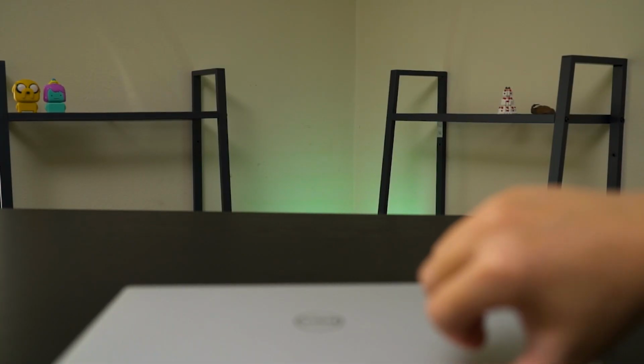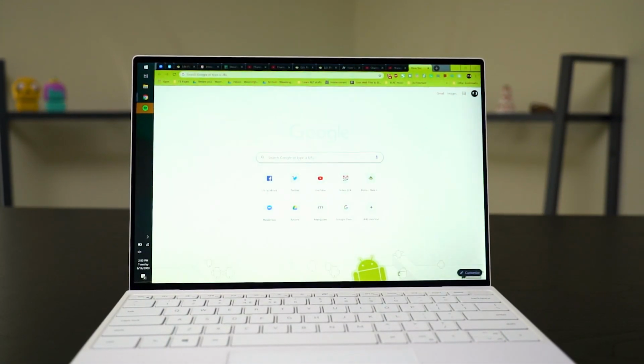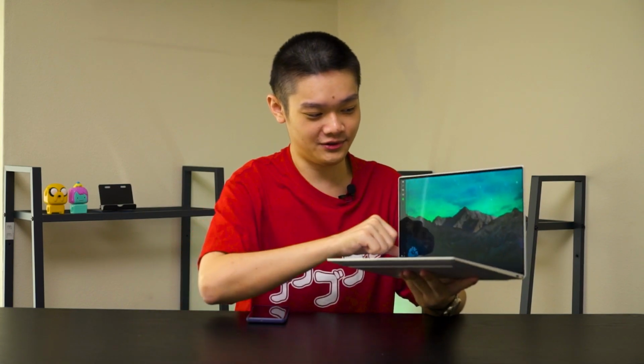And overall, the colors are amazing. I do really like this display a lot, and Dell also advertised that this laptop can go up to 500 nits in terms of brightness, which is just magnificent to be used outdoors. And before we forget, Dell is also using a 16:10 aspect ratio this time around, which means that extra vertical space is very useful if you want to read emails or documents, which is especially useful for this kind of